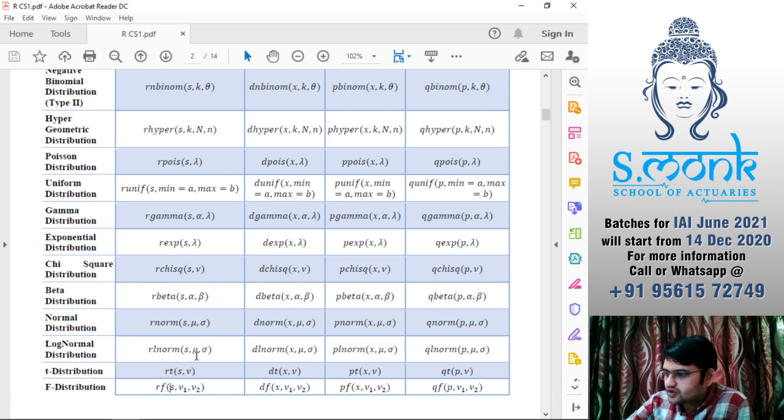The only difference from what we studied is that for the normal distribution and the log normal distribution, the parameter is sigma rather than sigma square. You have to take care that the parameter is going to be sigma and not sigma square.